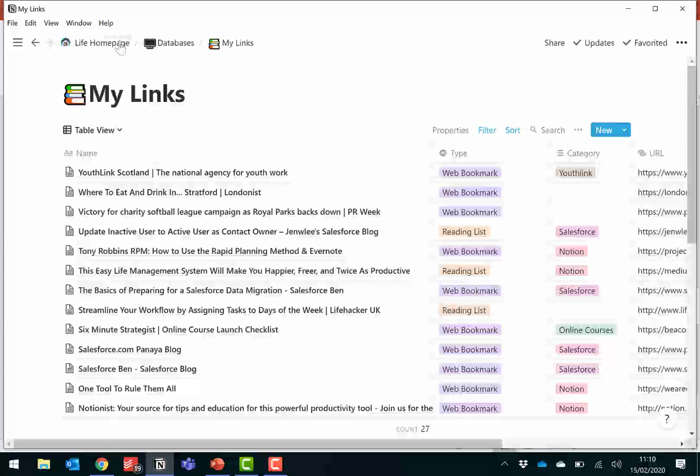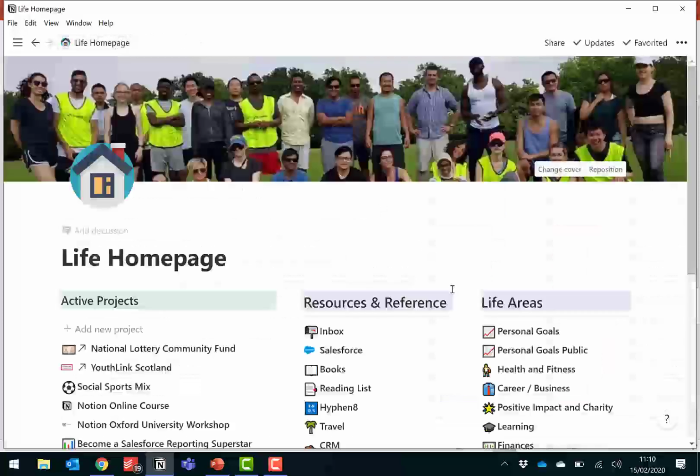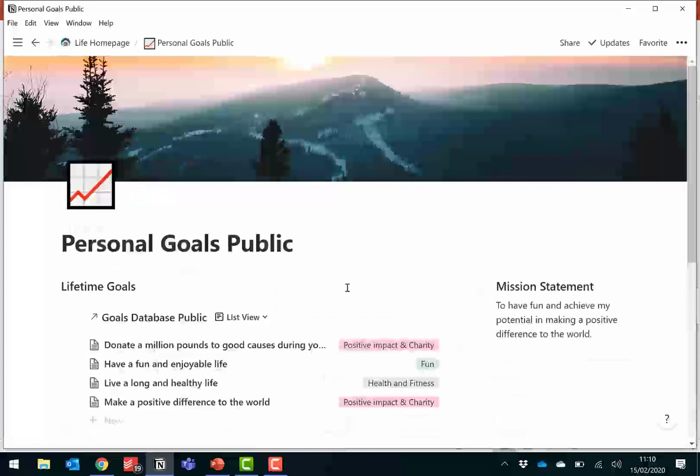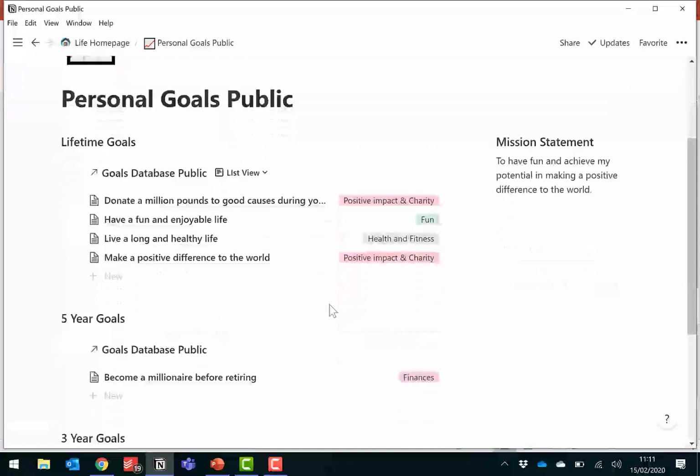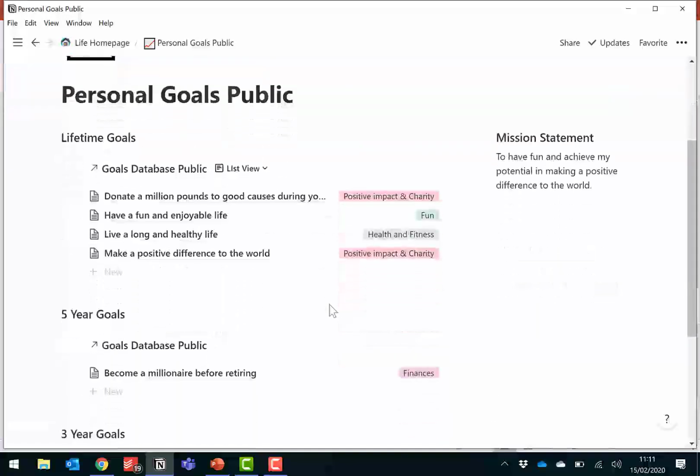So I've linked where I think it's a good idea, such as the public goals, where these are databases, so I could bring them into other pages. Where you want to bring information onto more than one page, I think a database is really good for that. It's a good thing about Notion that you have the functionality and flexibility to build the things that really work for you. So for me, I like databases. I like a lot of things tracking.